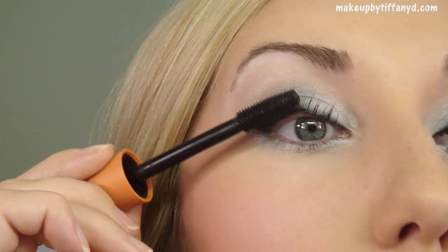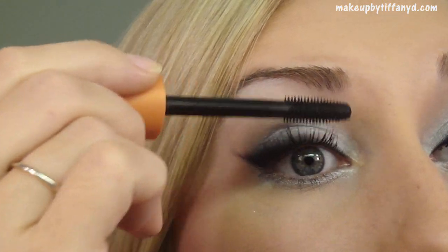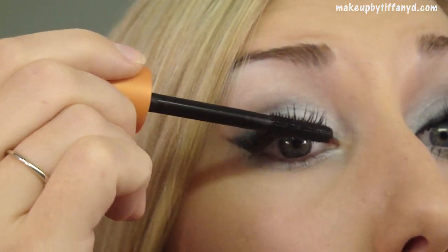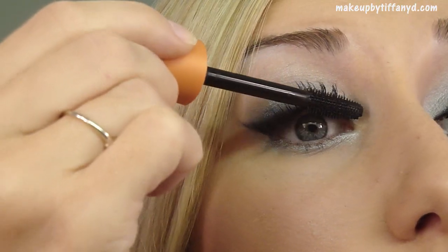Okay, so now we are going to apply our mascara, and I'm using my CoverGirl Lash Blast. So dramatic lashes are pretty much a must for this look, on your upper and your lower lashes. I was thinking about using some false lashes, but this side looked really good just with mascara, so I decided not to. But if you don't have longer lashes,